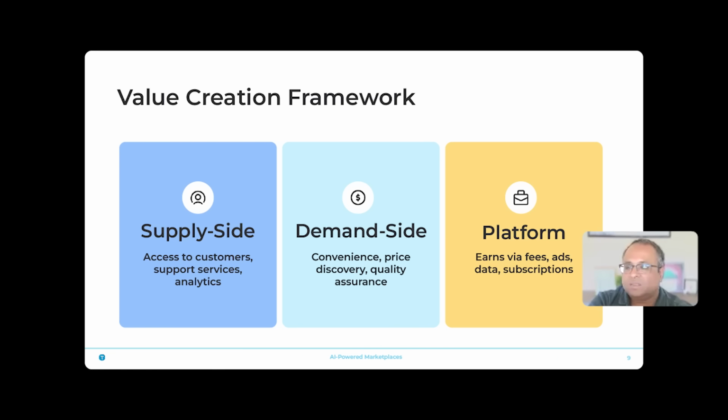So for me, the first and the most important thing is what value you are adding on both the supply and demand side, and what is your network effect? How big is your moat? Monetization is important, but it is not the first thing that you need to worry about. To me, I would worry about the supply side, demand side, and then helping to build that moat, and then worry about monetization. And everybody is sympathetic to that thought process as well.